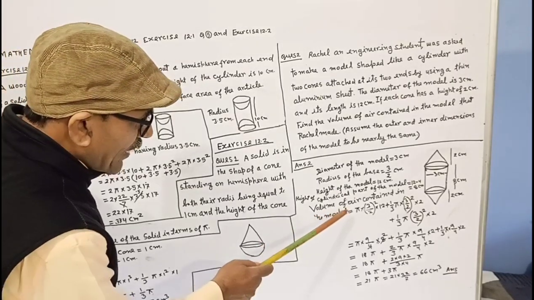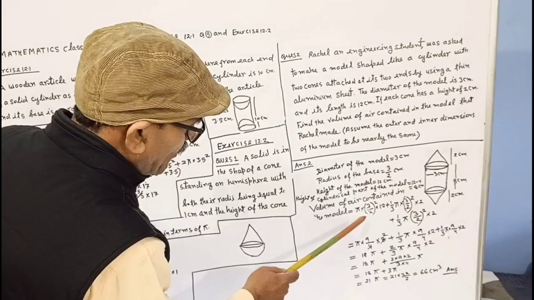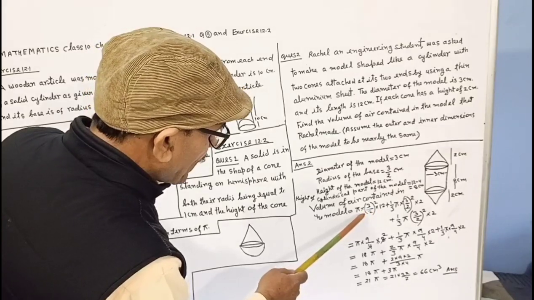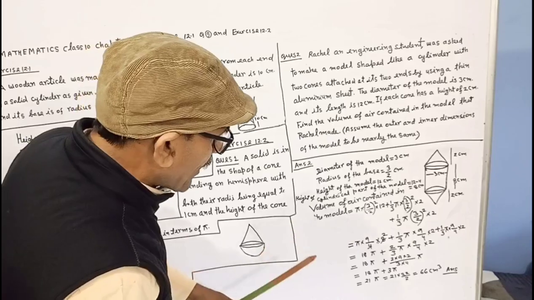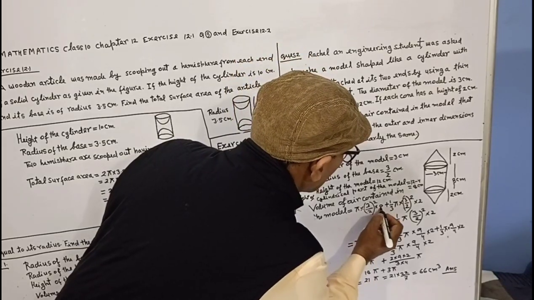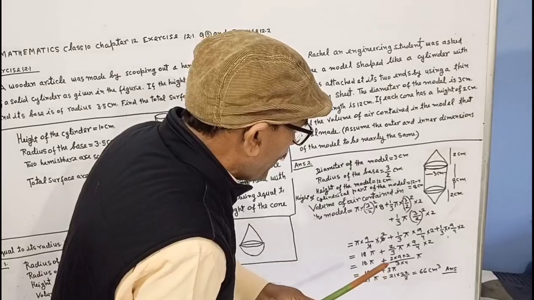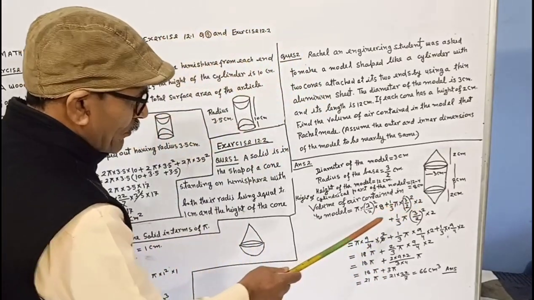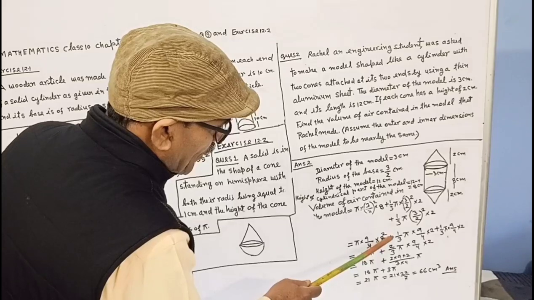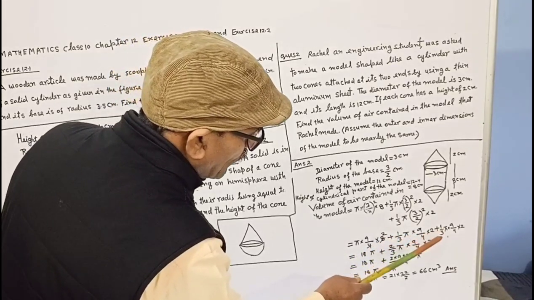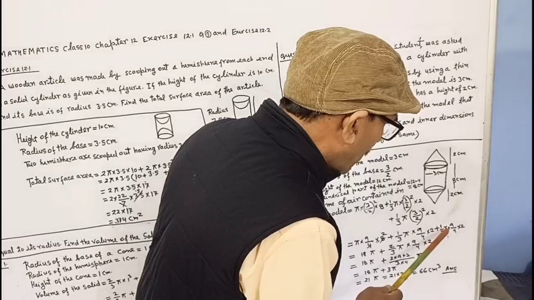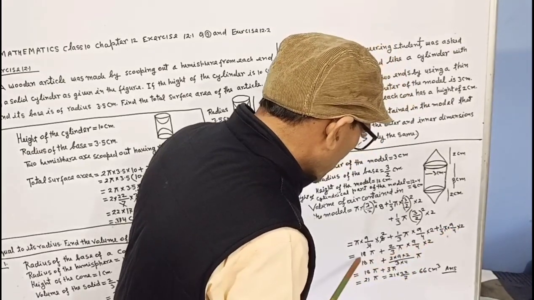Volume of air contained in the model is equal to pi into 3 by 2 whole square into 8 plus 1 by 3 pi into 3 by 2 square into 2 plus 1 by 3 pi into 3 by 2 whole square into 2 equal to pi into 9 by 4 into 8 plus 1 by 3 pi into 9 by 4 into 2 plus 1 by 3 pi into 9 by 4 into 2, that is 18 pi